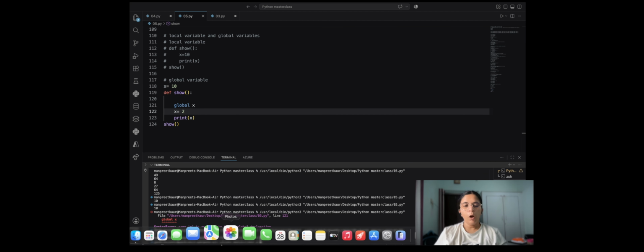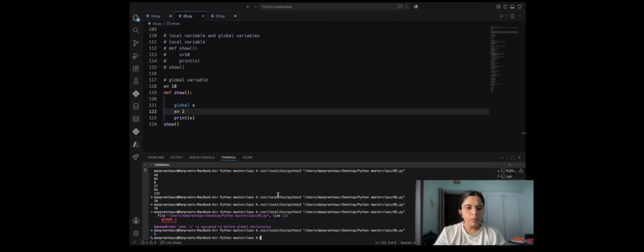Why does it give 2 instead of 10? This is the main question, and a very important one where most coders create problems.